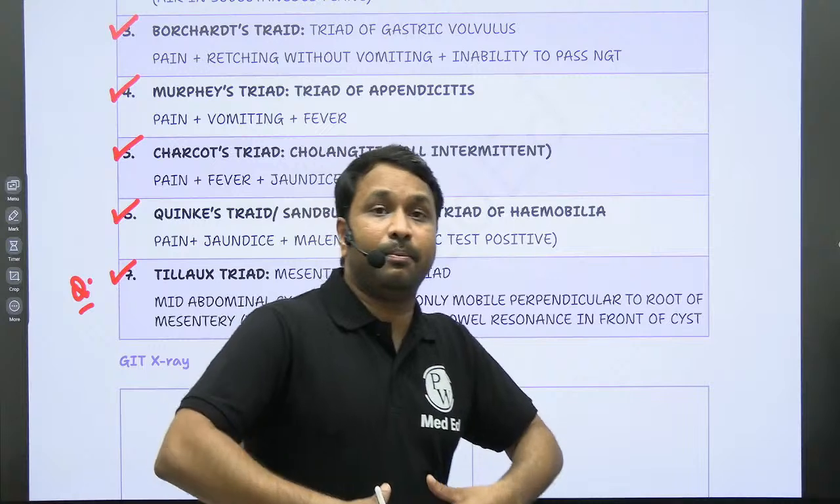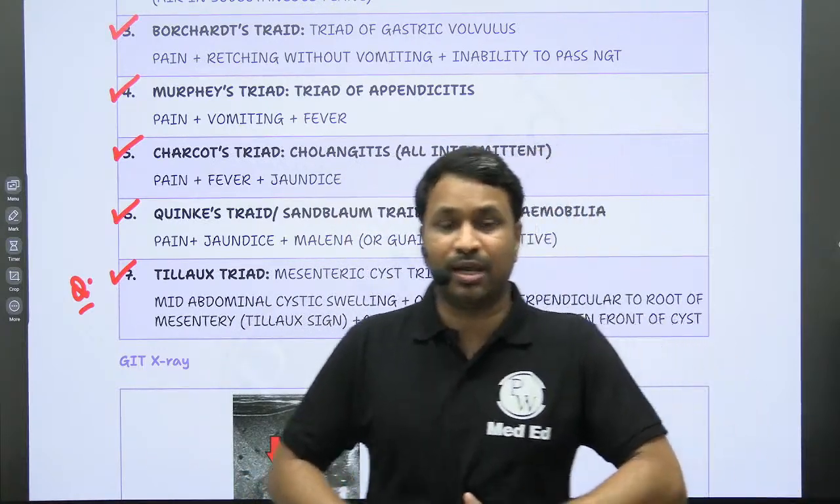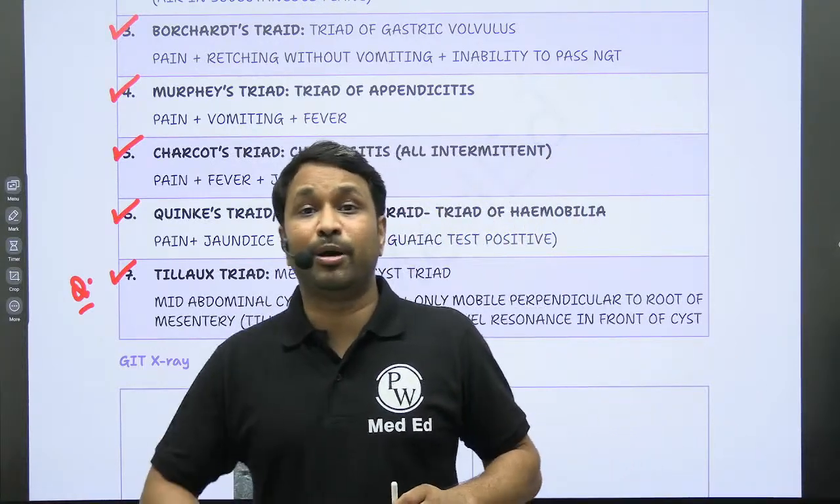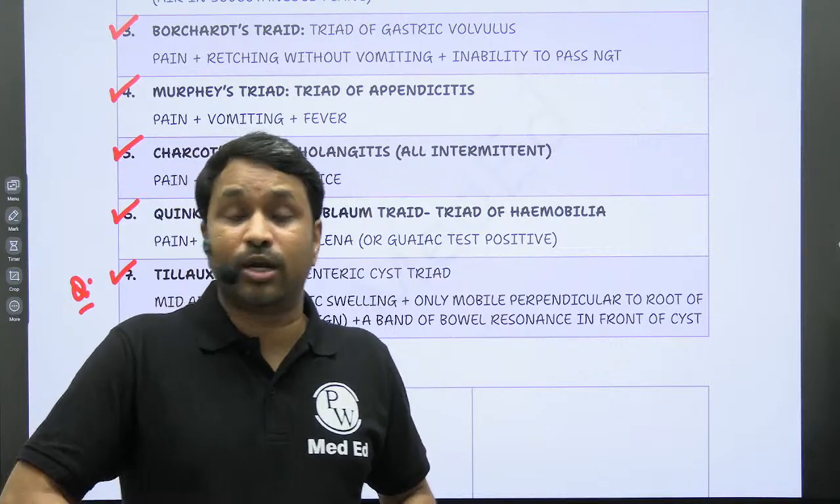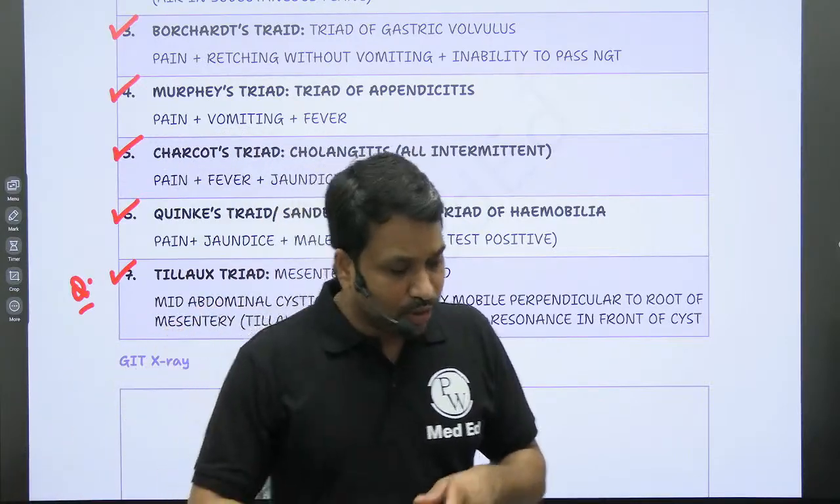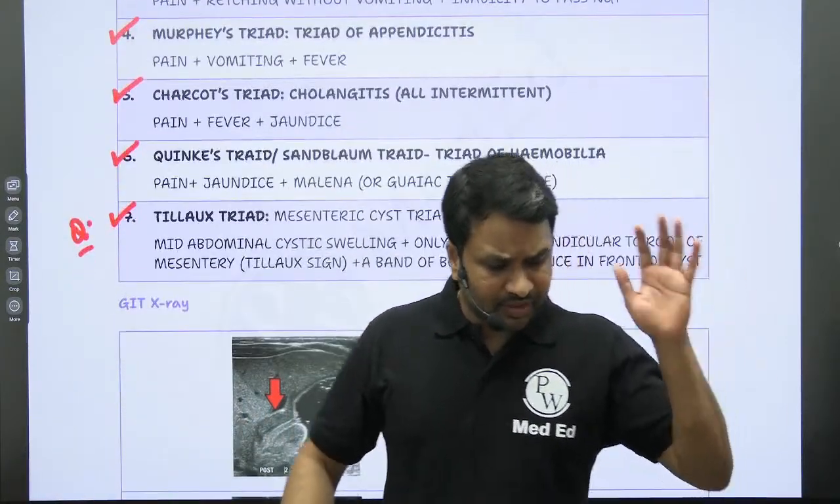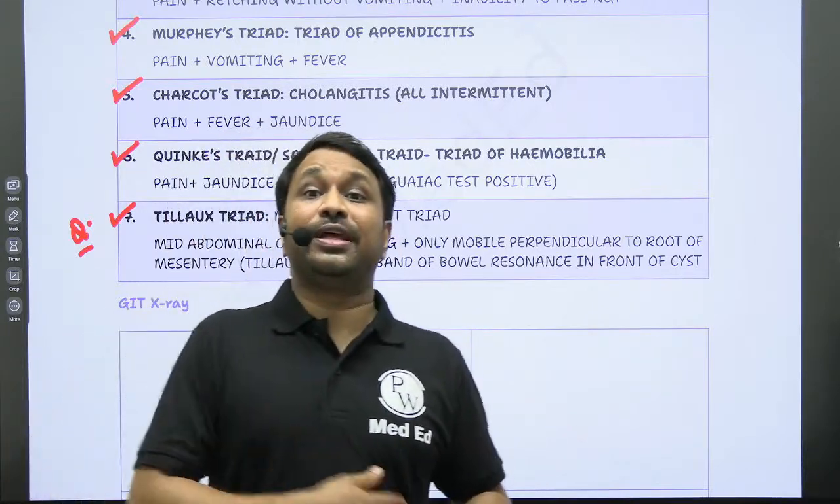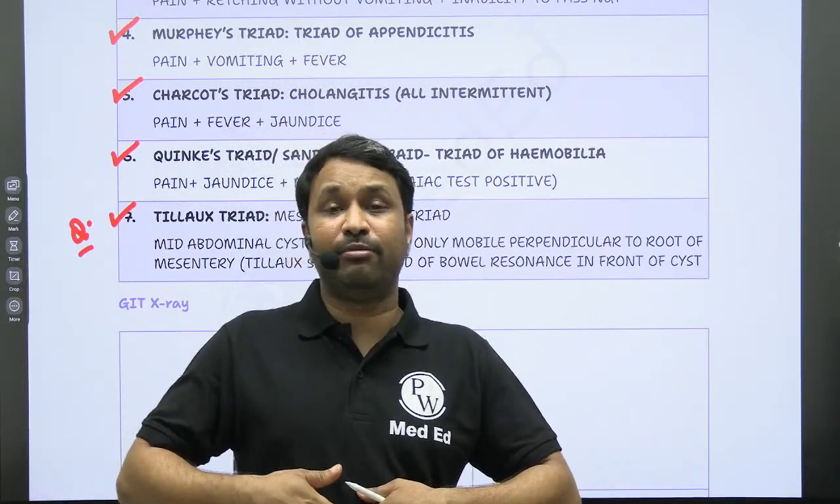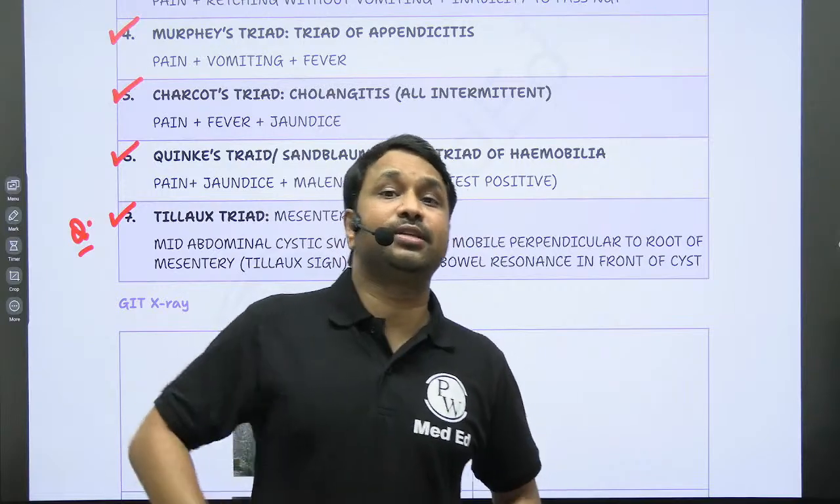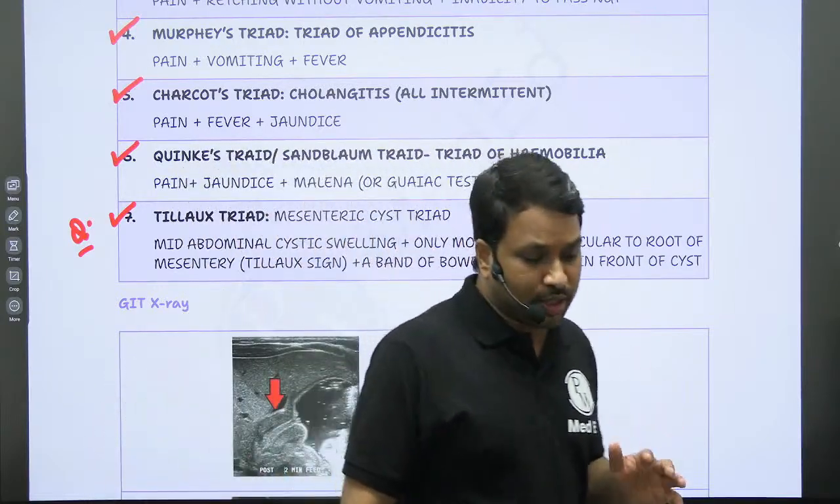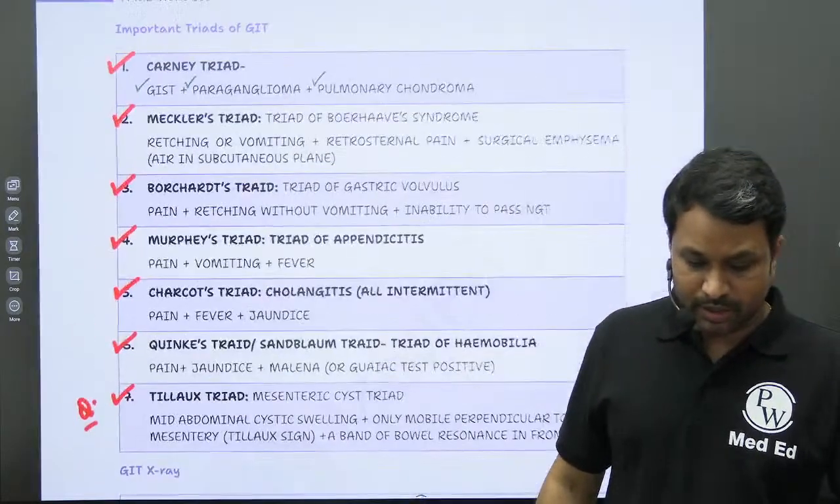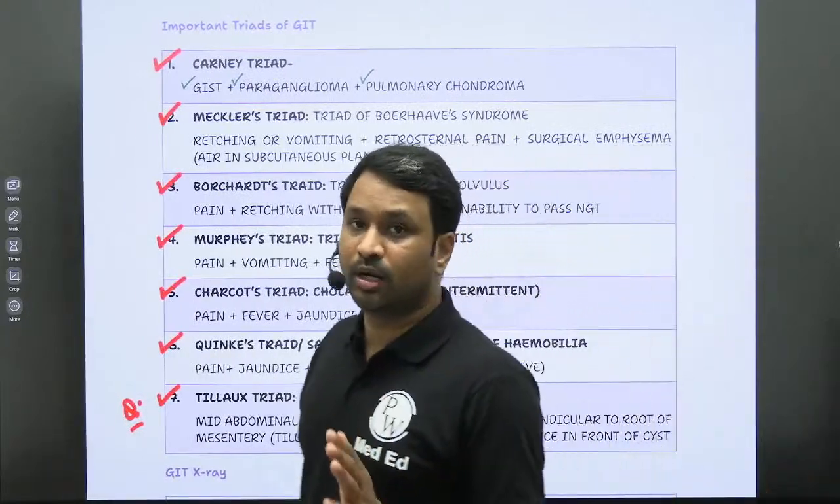You will see a mid-abdominal cystic swelling. Now this swelling will only move perpendicular to the mesenteric band attachment, not along its direction. Second thing that you will notice is that the swelling moves only perpendicular, and there will be dullness, that is fluid thrill in the cystic wall, but a band of resonance around it, and that tells you it is a Tillaux's triad, and this is with respect to that of your